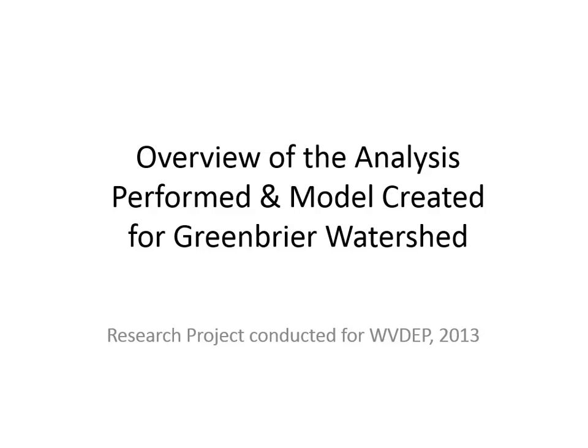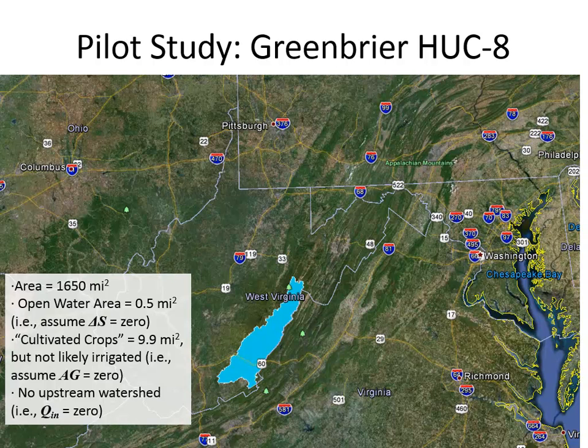And that's the project that I took a look at: analyzing some flow data over time and trying to come up with a model to predict in the future how much water might be there. I did this study as a pilot study to develop the methods that should be used for the Greenbrier watershed. And HUC 8, which it says at the top there, is a classification system